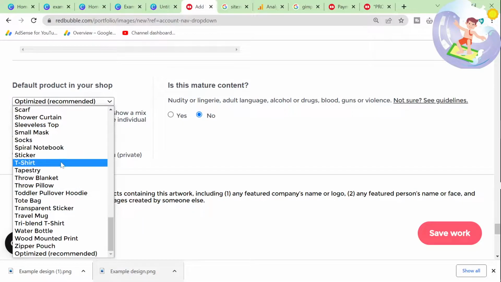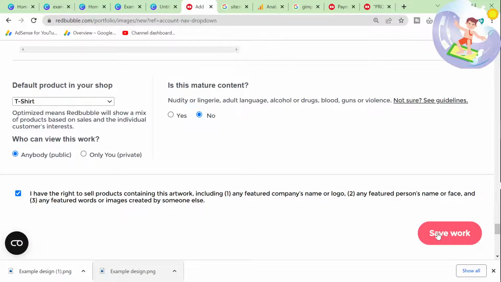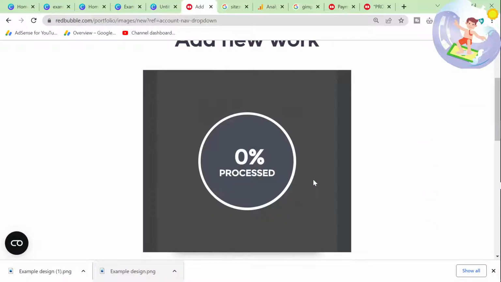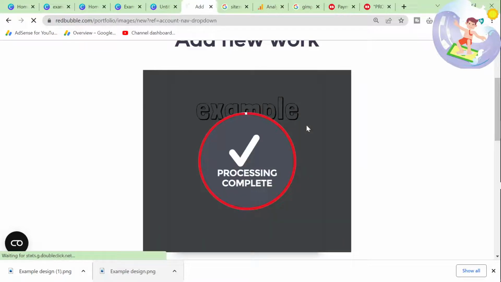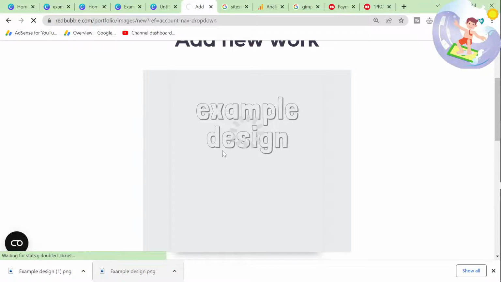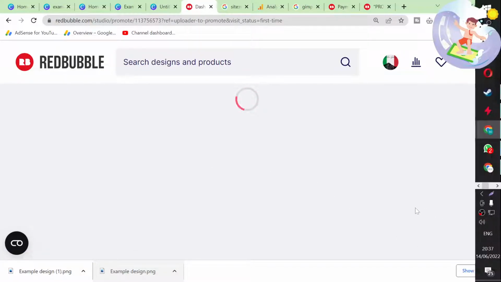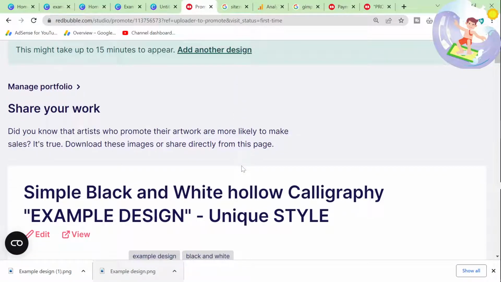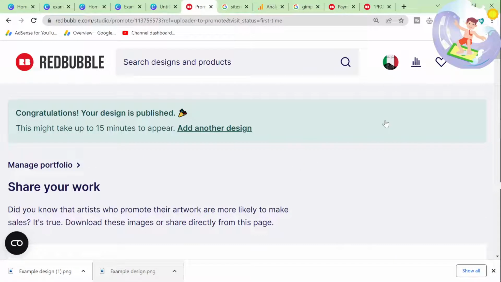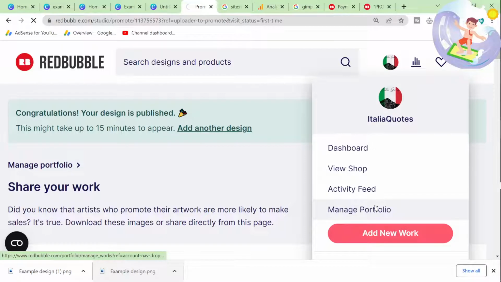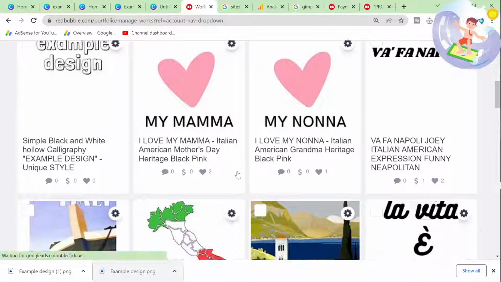And then people say that it's best to put it on a t-shirt because it looks best on a t-shirt instead of having it on the optimized thing. I think it does look better if they're all on the same product. So instead of using the optimized option, which they say is recommended, I think it's fine to put them all on a t-shirt or on a mouse mat or something that you can really see the design in a nice way. Okay, so we now have our first design, which is on my actual Redbubble account, which kind of sucks, but